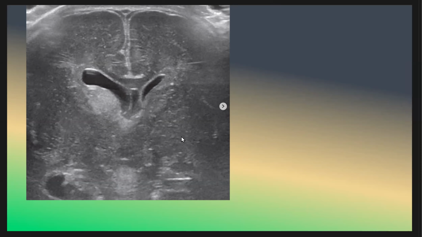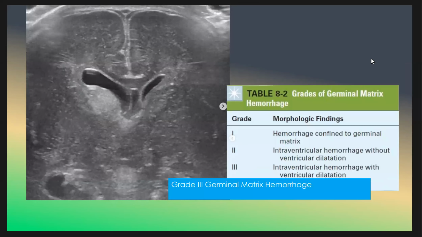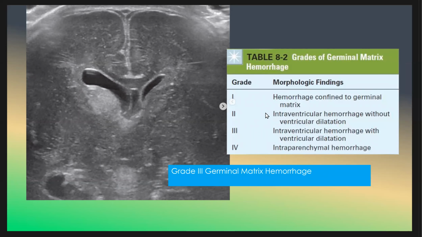This is an ultrasound coronal view, and this patient has bleeding in the right caudothalamic groove rupturing to the ventricular system with hydrocephalus. You should also know the grading of the hydrocephalus. Once it is reaching the intraventricular space, it is type 3, or stage 3, or grade 3, as we see here.